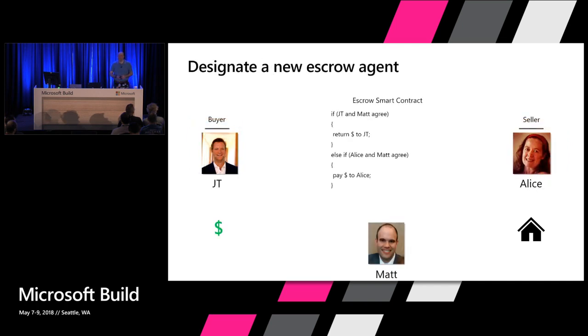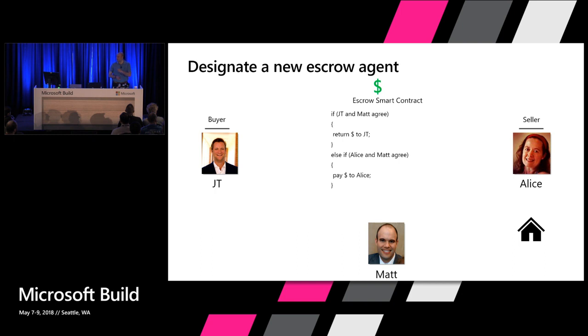Sort of the interesting thing that smart contracts let us do is it doesn't replace my job as an escrow agent, but we can augment me as an escrow agent with some code that's going to put some guardrails around what I can do. So now JT doesn't give the cash to me. JT gives the cash to the smart contract. And the smart contract is an agent that can hold an asset, and it can decide what to do with that asset. And I'm now casting the deciding vote.